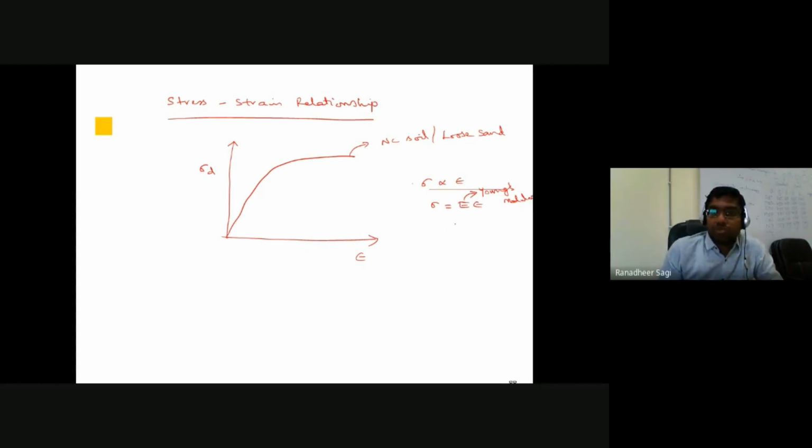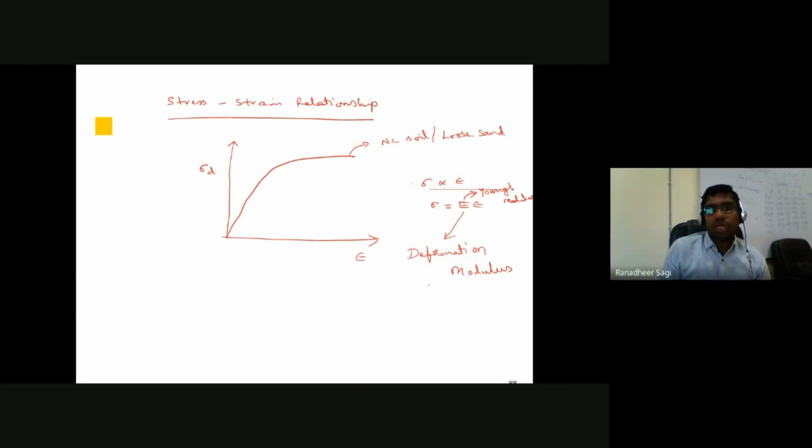What does this word deformation modulus mean? Because once the soil is subjected to loading, and at any point of time if you start removing the load from the soil sample, you don't see that soil come back to its original shape. In the sense, original cross section, the soil will not be attaining at all. So that's the reason why that so-called E, which earlier in the case of other materials you have called it as Young's modulus, when it comes to the case of soil, we call it as deformation modulus. Notation is same, we indicate it as E,